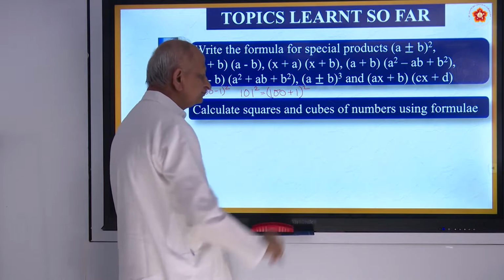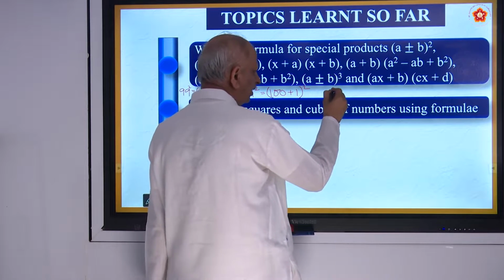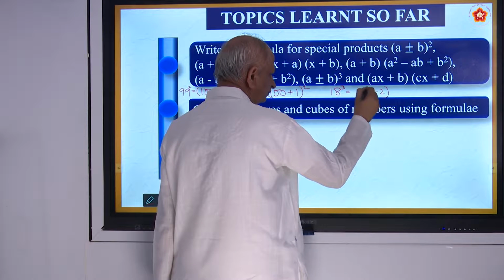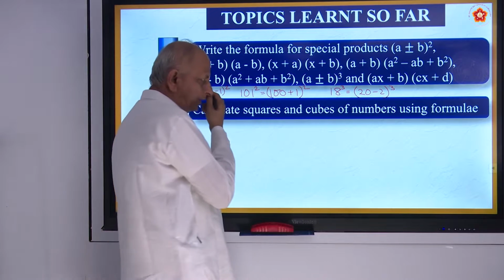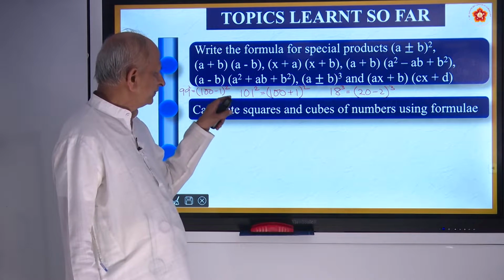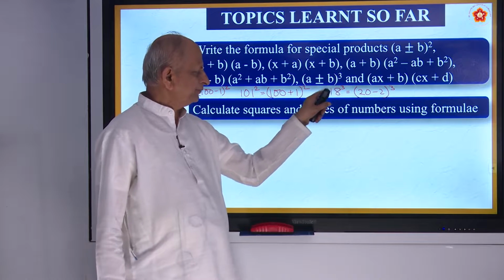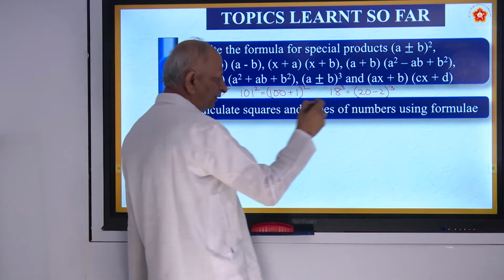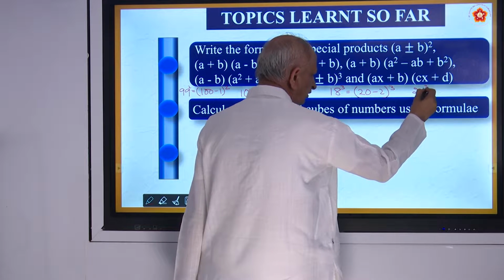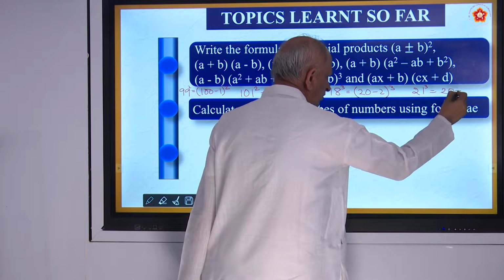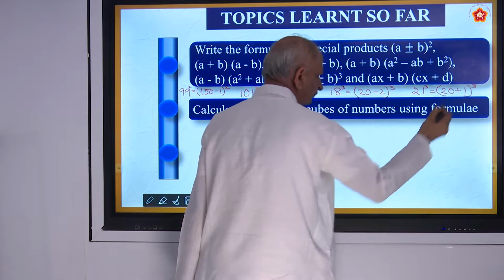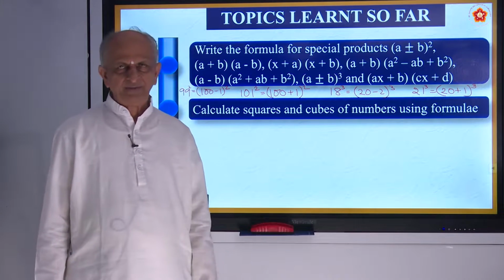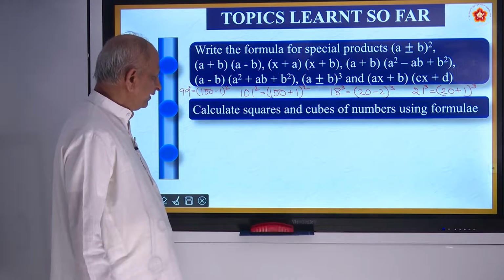Similarly, cubes. Suppose you want to find out 18 cube. That is 20 minus 2 whole cube. That is, you have to use the formula a minus b whole cube is equal to a cube minus b cube minus 3ab into a minus b. Similarly, if you want to find 21 cube, that is equal to 20 plus 1 whole cube. Like that, squares of numbers and cubes of numbers can be found out by using formulas. That makes